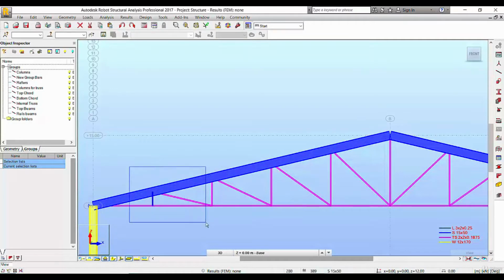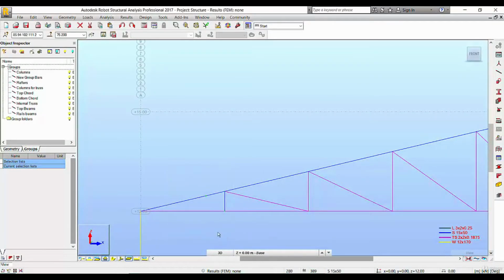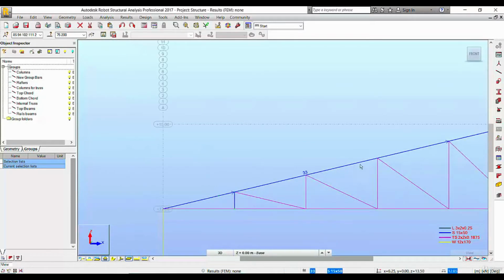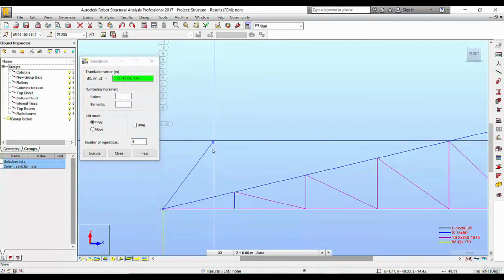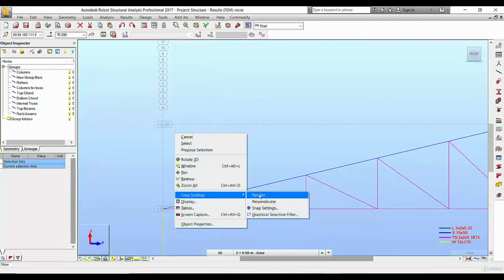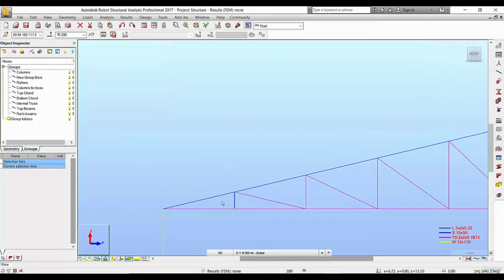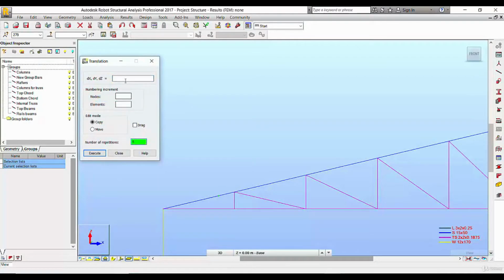Now, these are the nodes that we want, and also we want to create each 2 meter. From here to here we have 2 meter. Now we go to edit, move, we want 6 for example. From here, before, let's right click, snap setting, we put none, and we want to eliminate the error. We choose only nodes. Yes. Now we select this node, okay, and we go to edit, move and copy, for example 6, and from